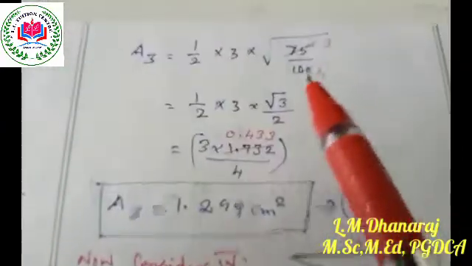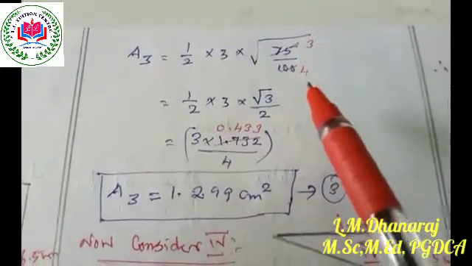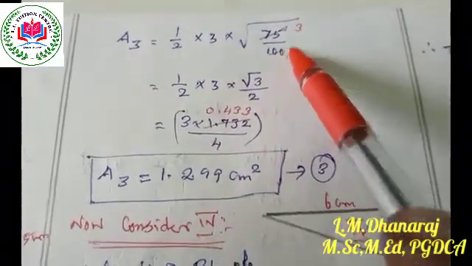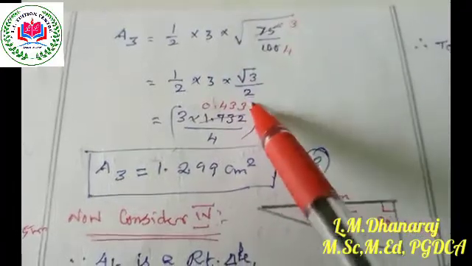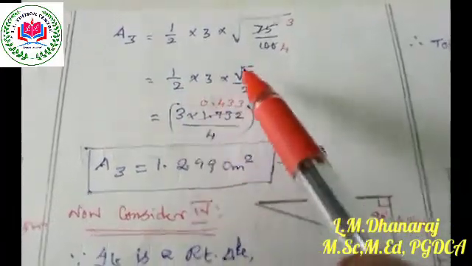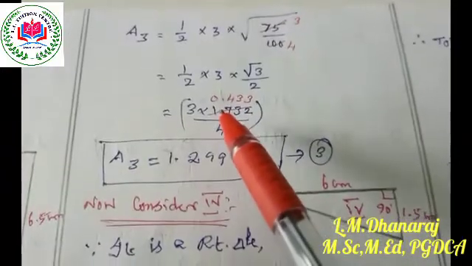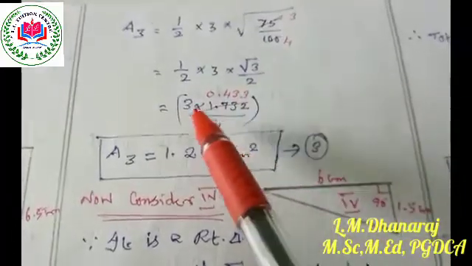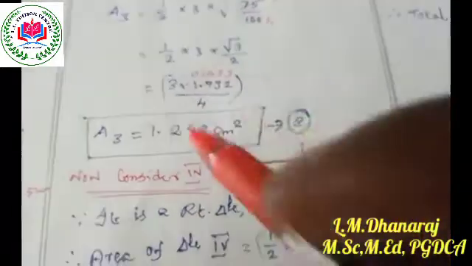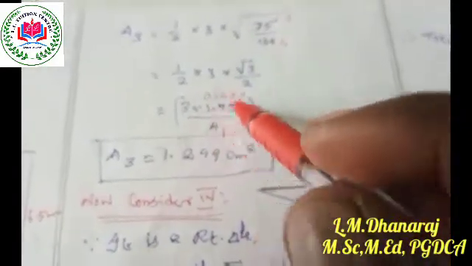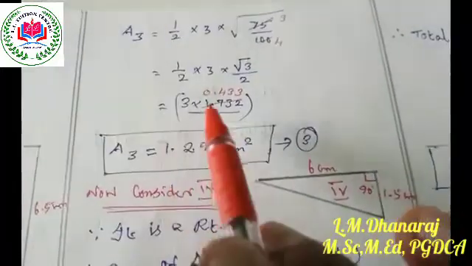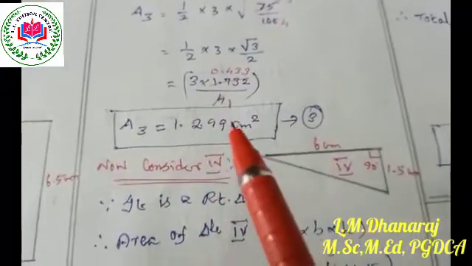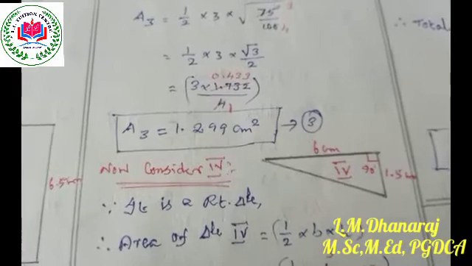Let us consider 0.75 as 75 by 100. By cancellation, this is 3 by 4, which means the square root of 3 divided by 4. Taking the square root, we get 2 in the denominator. Multiplying, 2 twos are 4. 3 into square root of 3, where the approximate value of square root of 3 is 1.732. Then we can cancel, as 1 fours are 4, and this is 0.433. So 3 into 0.433 is 1.299 centimeter square. This is the area for portion 3.